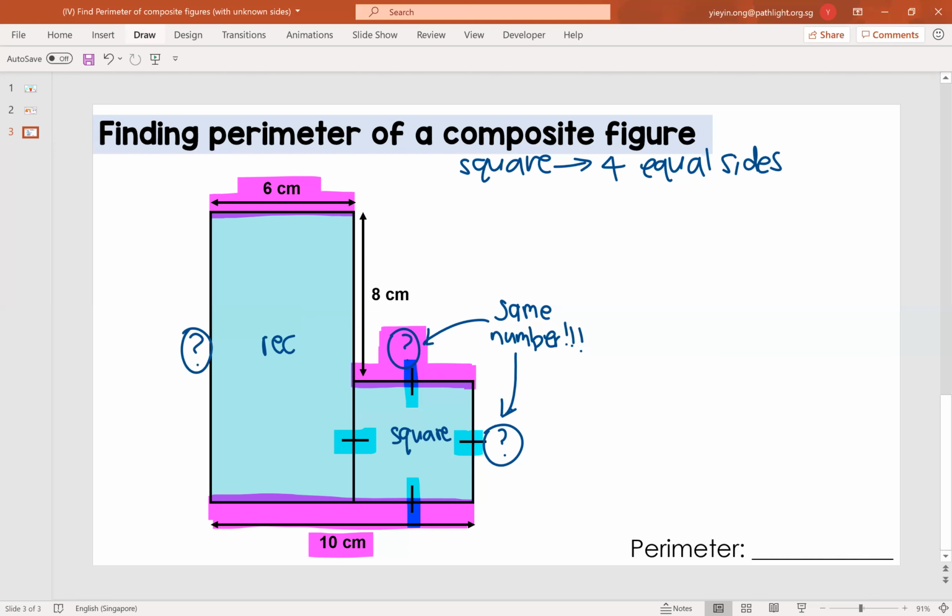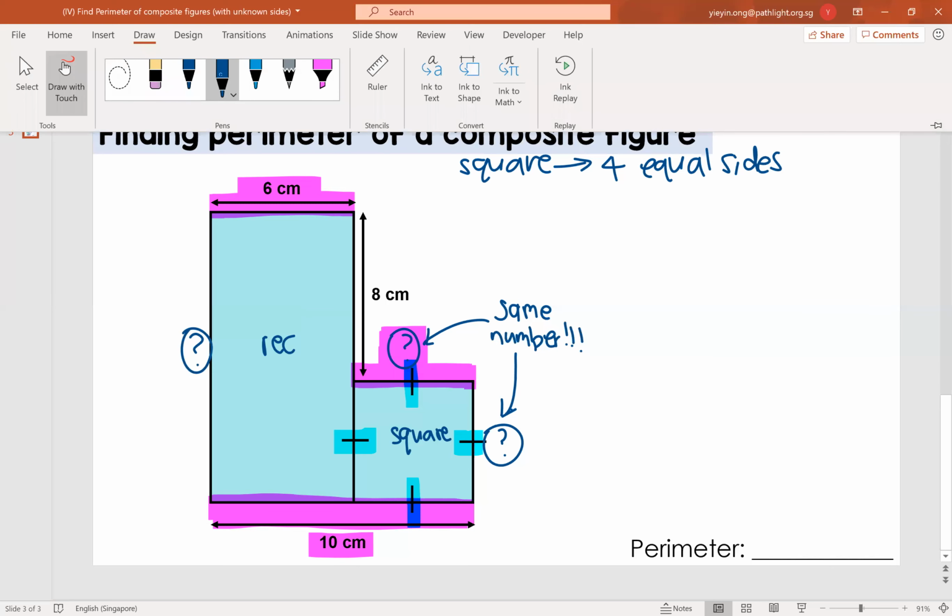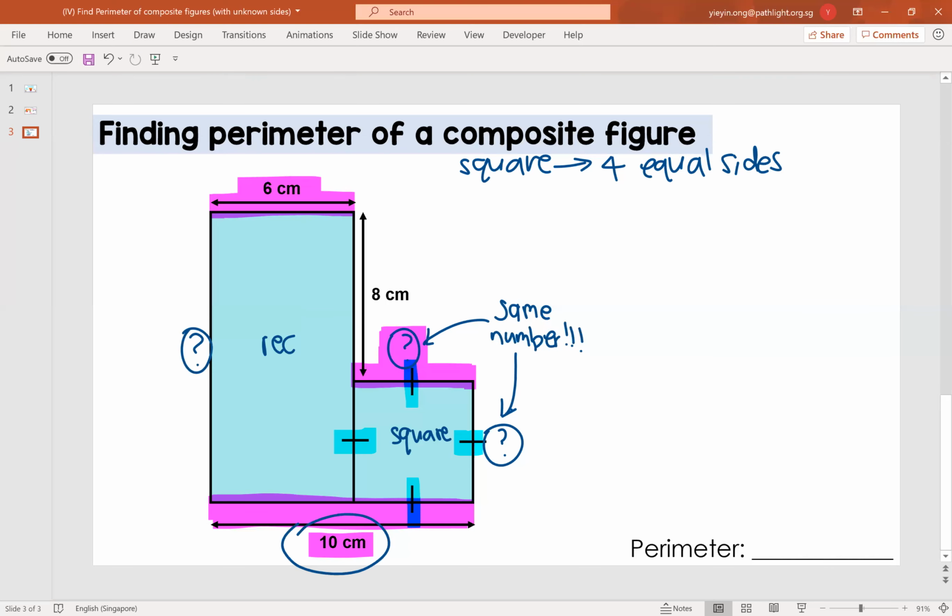So 10 centimeter, if we draw a number bond, is made up of these two parts, 6 and question mark. To find the question mark, we have to take 10 centimeter minus 6 centimeter, and that will give us 4